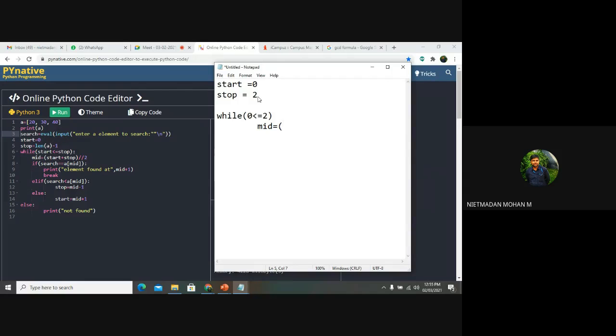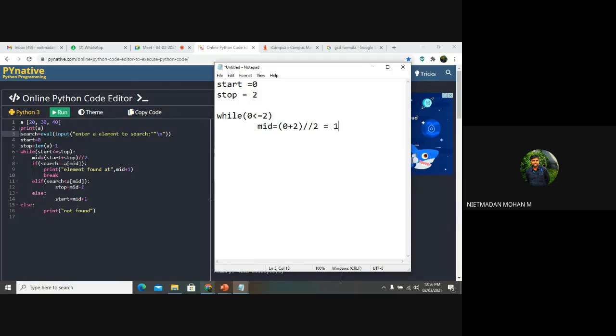Start plus stop, floor division of 2. What is the start value? 0. 0 plus 2, floor division of 2, the value will be? 1. Yes. So it means that it has taken the mid value.